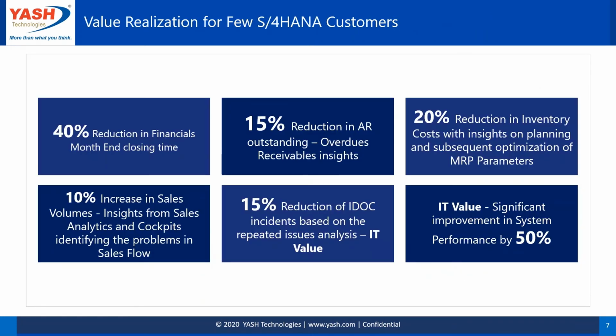So now these are some of the benefits the customers have actually realized. Some of the customers with whom we have worked, typically finance month-end closing is one of the key areas. People have seen a direct benefit, because a lot of things happen through the month automatically, because a lot of reconciliations are eliminated. That's where we talk about simplicity in the process, simplifications in the process. So the people could divert the effort to something else, and maybe have the ability to do more analysis and make more decisions and move fast forward. So rather than waiting for the month end to happen and then working on the month end closure, it's a progressive closure that happens through the month.